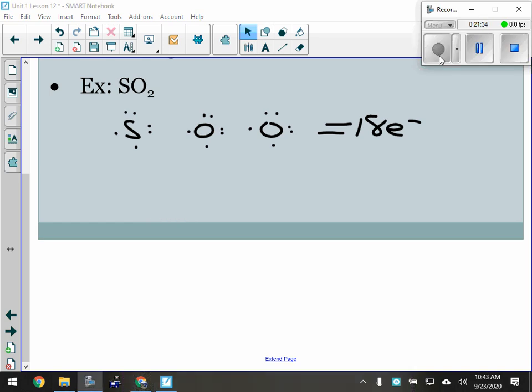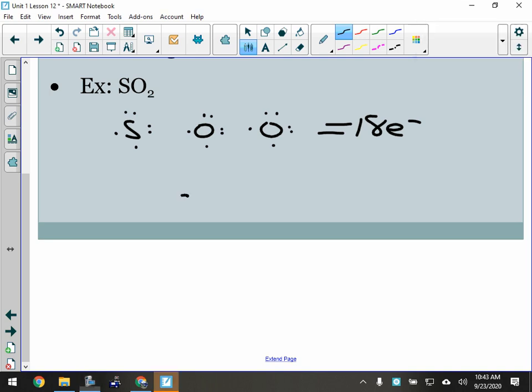And we're back. Okay. So I would add up the electrons. I'd put S in the middle, put an O here, an O here, because that's going to be my central atom. I'm going to put in 1, 2, 3, 4. Okay, good review here, right? This was your quiz on polyatomic stuff. So 4. Then I go to the outside atoms first. 5, 6, 7, 8, 9, 10, 11, 12, 13, 14, 15, 16. So I've used up 16 electrons so far, and then I'm allowed to go to the central atom, 17, 18,